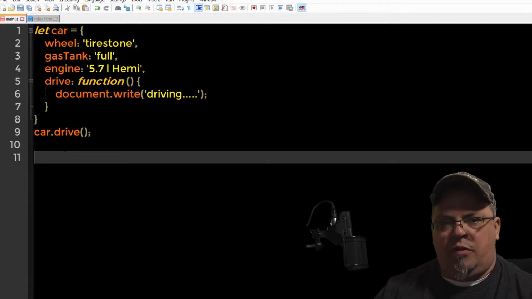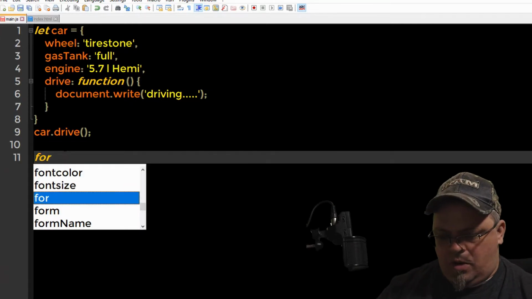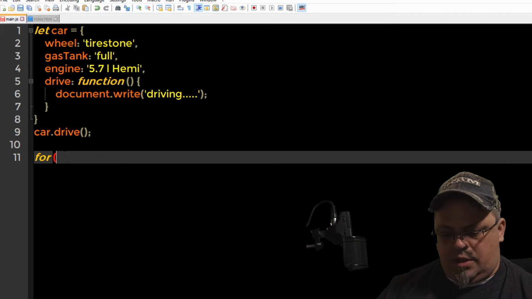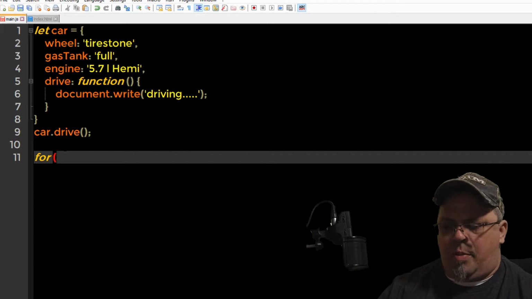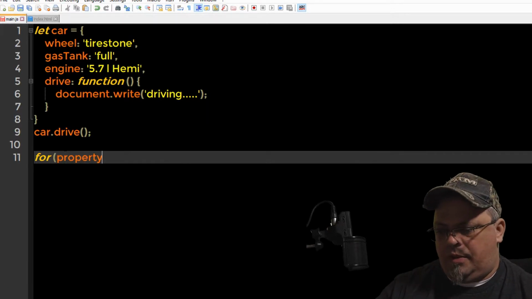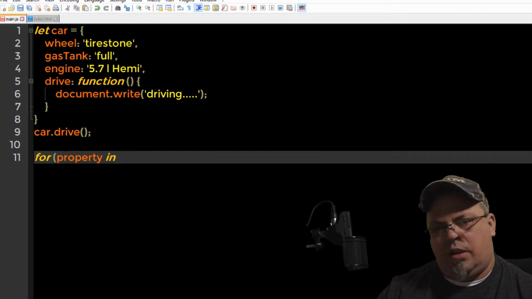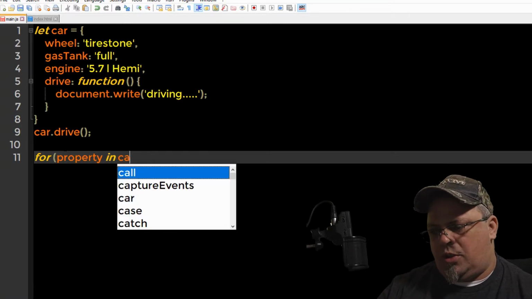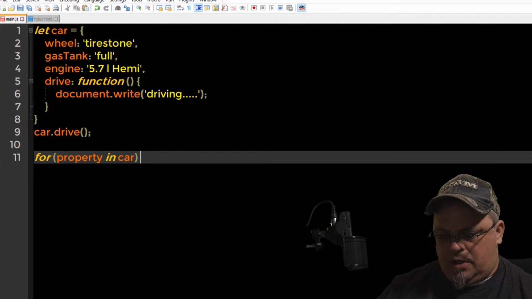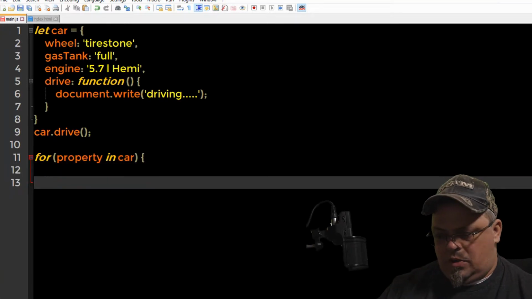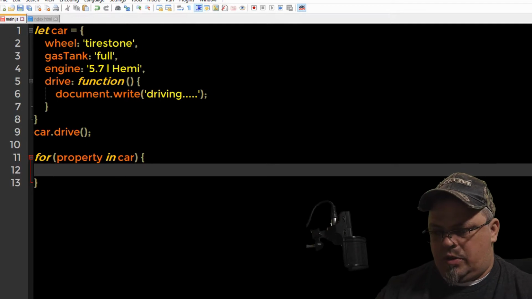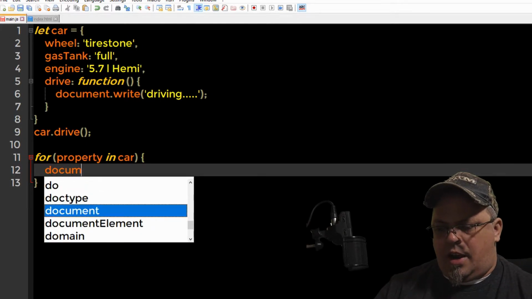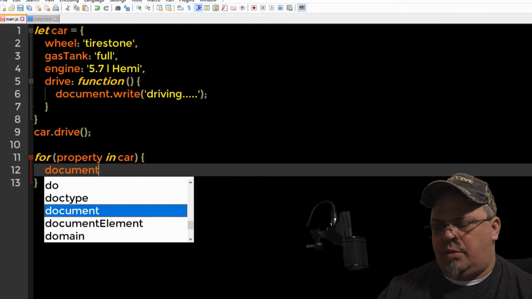Let's go ahead and create a for-in loop. For, parentheses, and I'm going to call the variable property. You can name it whatever you want. Property in, and then in what? In my object, which is a car, parentheses, squiggly bracket, squiggly bracket. Now I'm going to write out, so when we loop through these properties, I'm going to write out